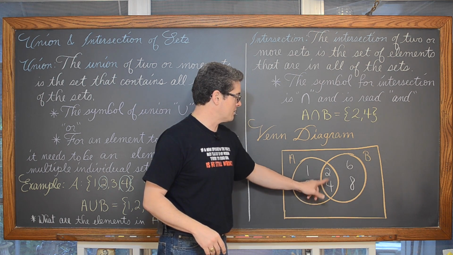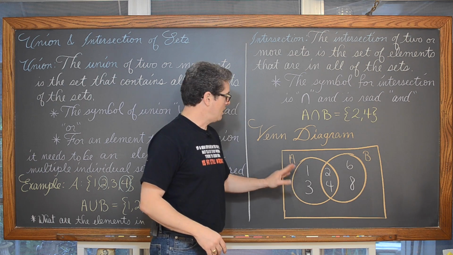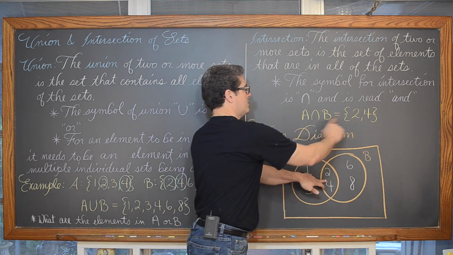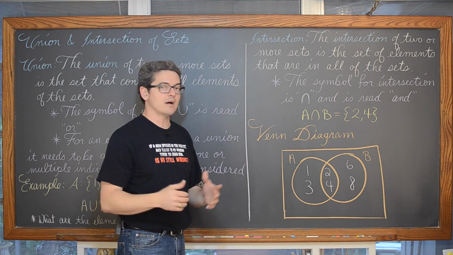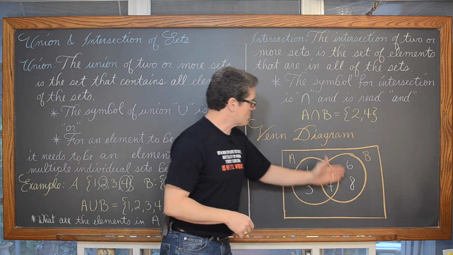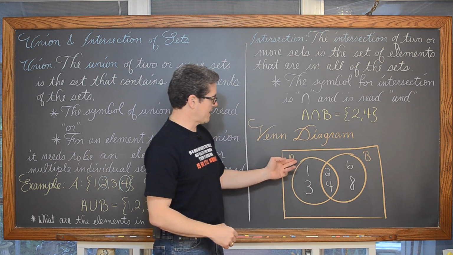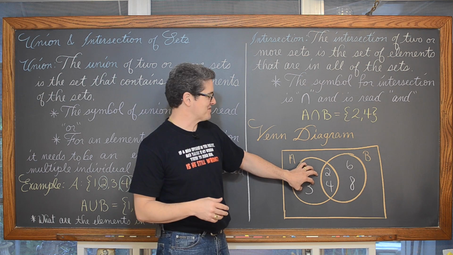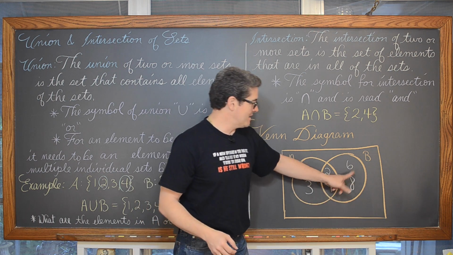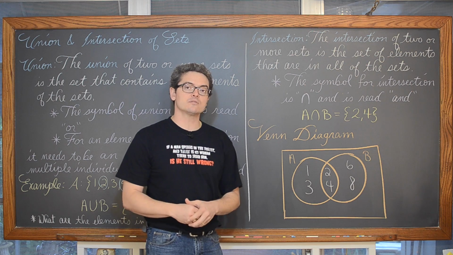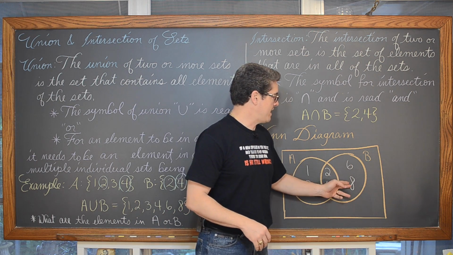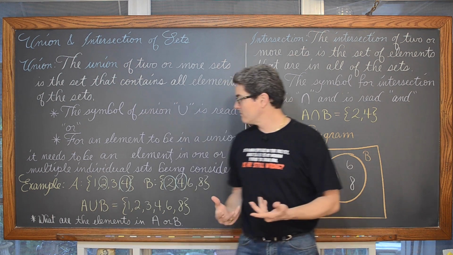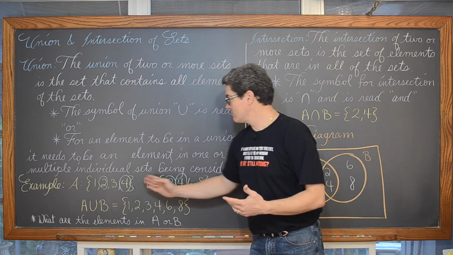So we have 2 and 4. 2 and 4 are both in the circle representing set A, and they're both in the circle representing set B. And that's why our intersection is the values of 2 and 4. Now, this circle is supposed to represent all of set A, and so we need to go in a portion of this circle that is part of A but not part of B, and fill in those values of 1 and 3. And then finally 6 and 8, same idea, filling up set B. And this Venn diagram now represents each of these two sets.